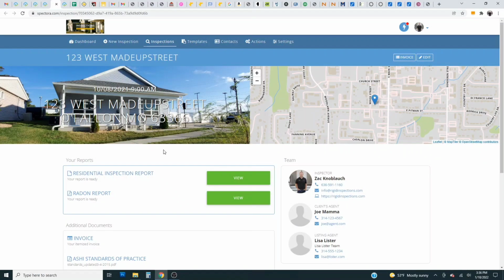Name is Zach, and I am the inspector and owner of Rigid Inspections. And today I'm going to show you how to use the report tools for Spectora, which is my inspection report